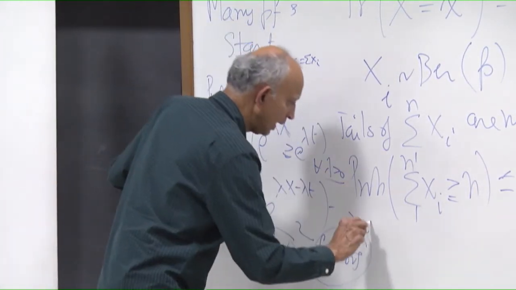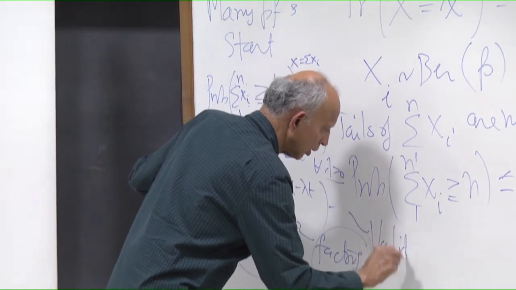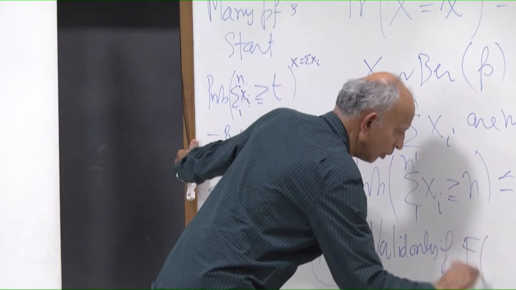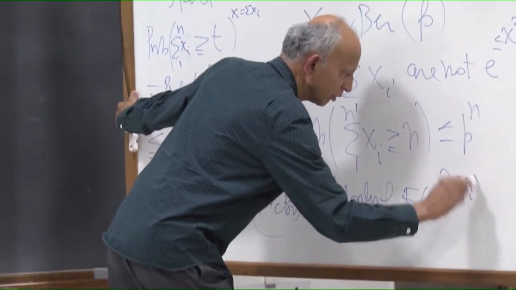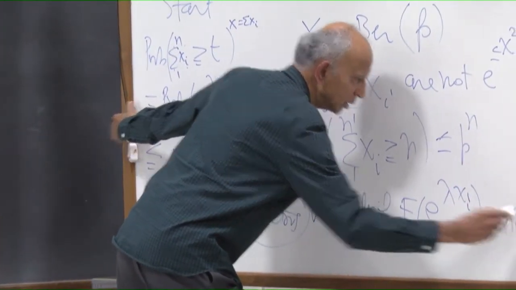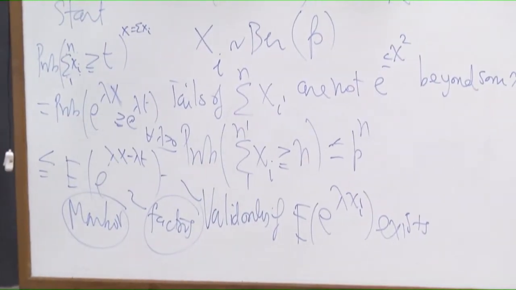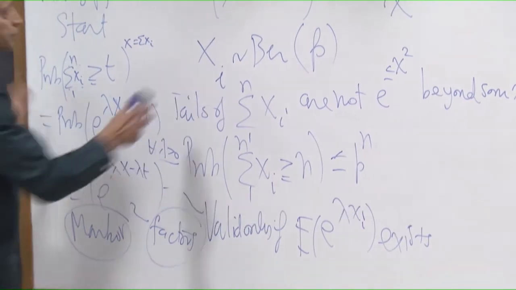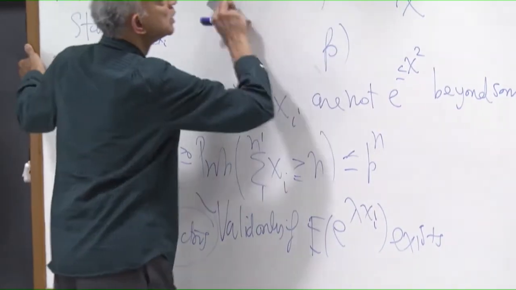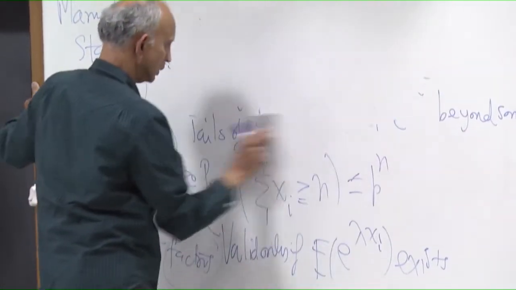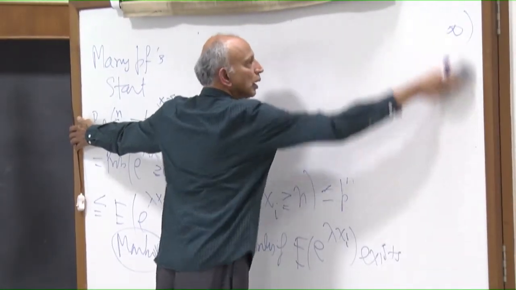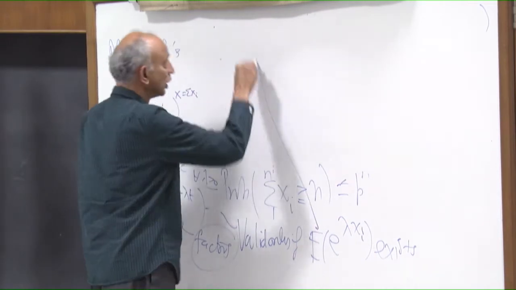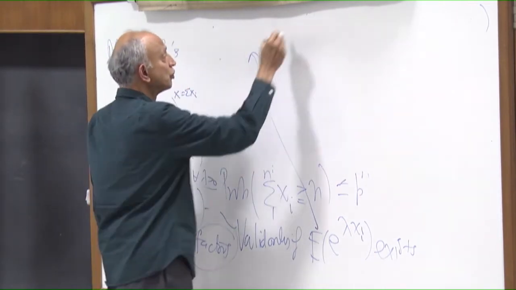This is valid only if the expected value of e to the lambda xi exists. Otherwise, it's not valid. And now, if I expand e to the lambda x, I'm sorry, I should have put that in the slides, but anyway, I do a Taylor series of this, right? So then I will get,